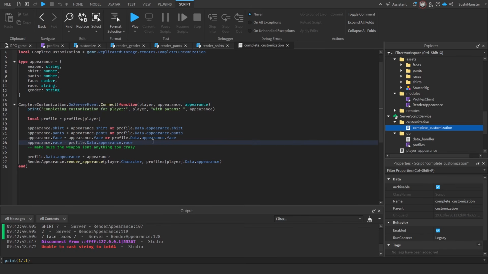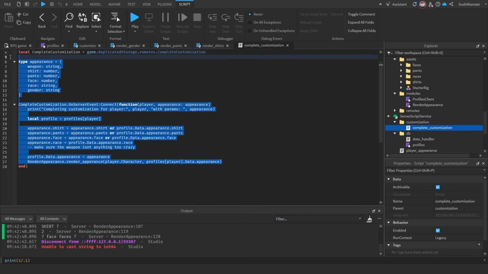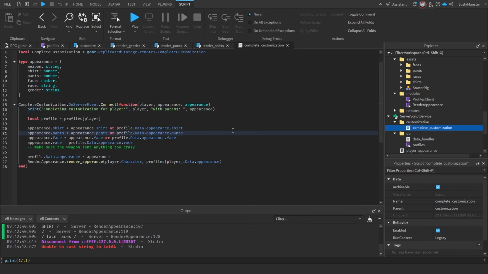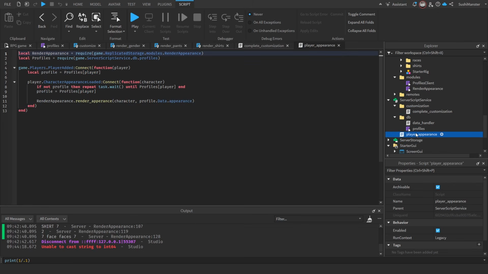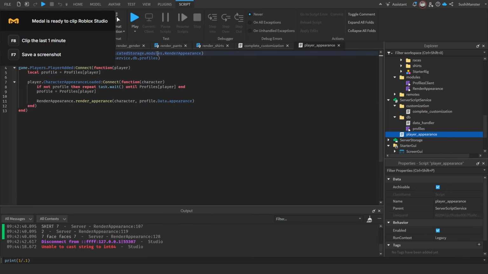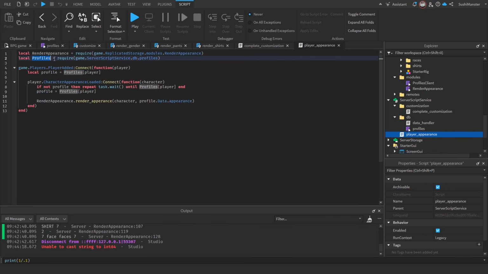So the reason why I do race later is because I want to implement server-sided logic later. We update the appearance to this parameter here that we added in default values, and then we render the appearance. It's pretty simple. And then when you join, you automatically render the appearance, getting the module, getting the profiles, players